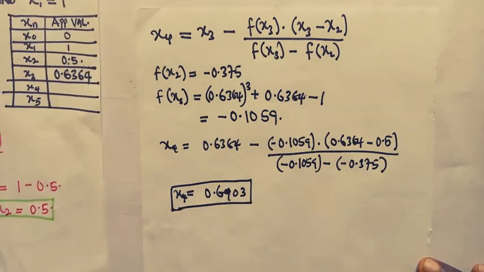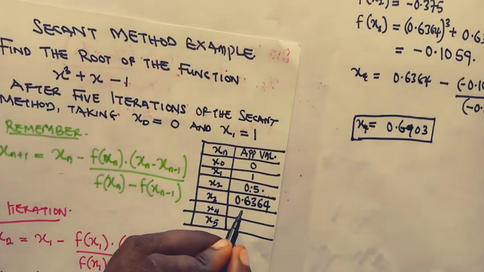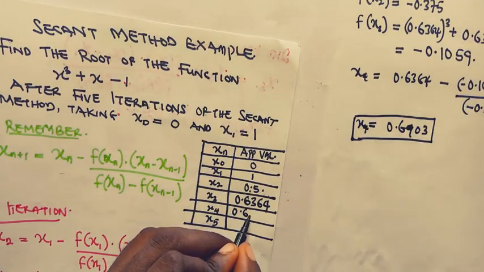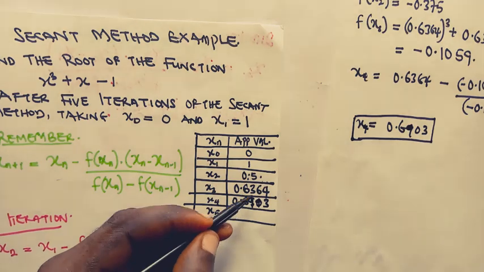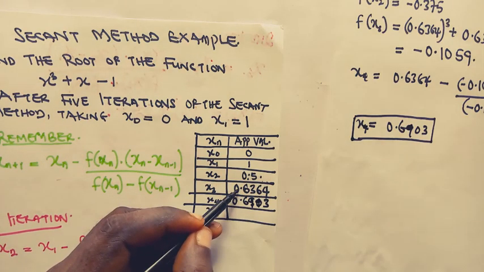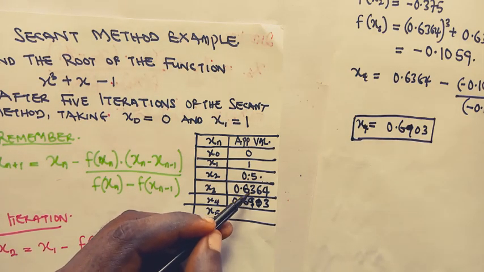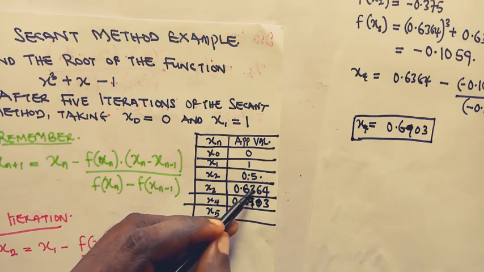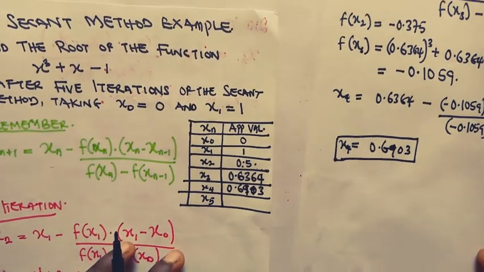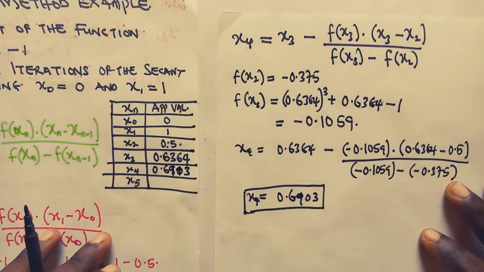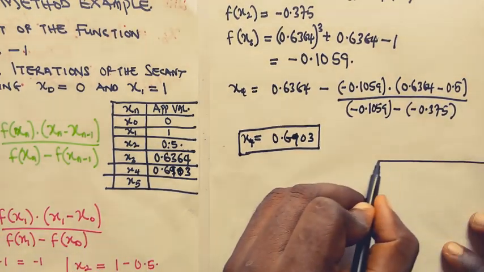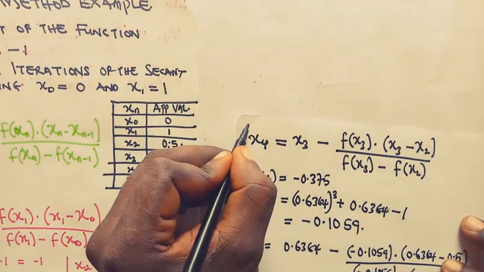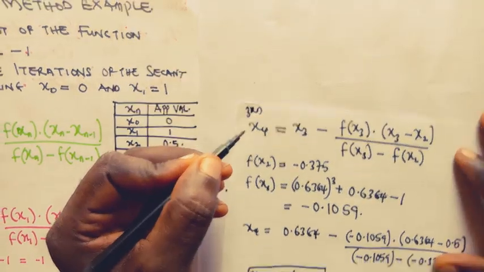So we quickly put that in our value table, 0.6903. Now basically, if you look at these two, x3 and x4, we have 0.6 and 0.6, but approximately they are not the same. So we cannot actually say at this point we have achieved the goal. So we need to go for the fourth iteration. By the way, this is the third, and now the fourth